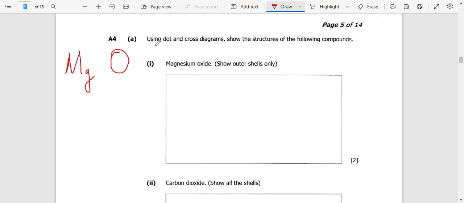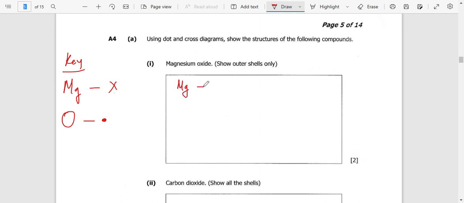Now you want to use a dot and cross diagram. Okay. So when you are drawing these, you need to make sure that you write a key. A key is very important. So for the key, I'll just write here key. For magnesium, I'm going to use a cross. Then for oxygen, I'm going to use a dot. All right. So you have got magnesium coming together with oxygen. Now you need to know that oxygen always exists with a 2 down. So every time you are reacting magnesium and oxygen, you should always have a 2 down, and that should produce